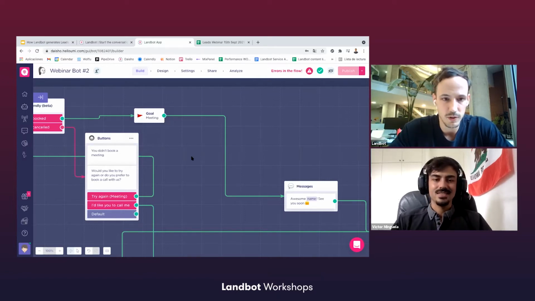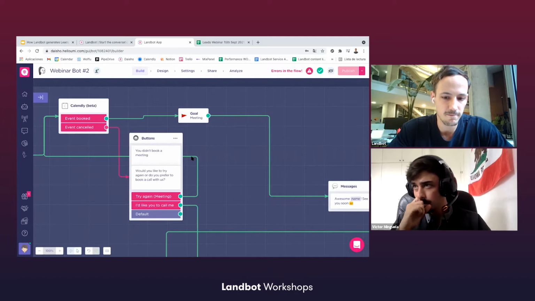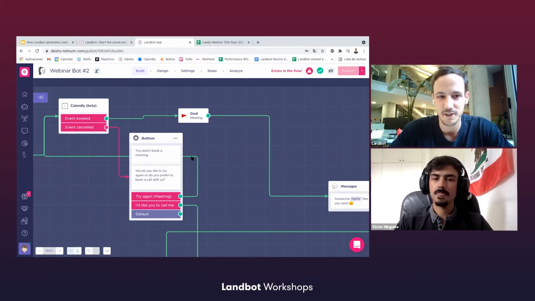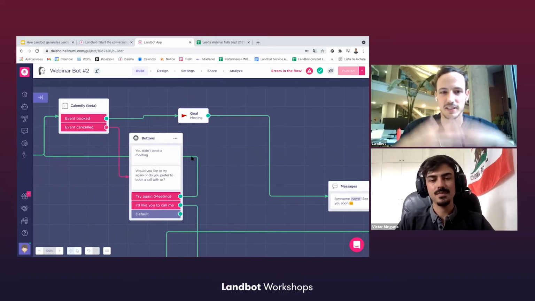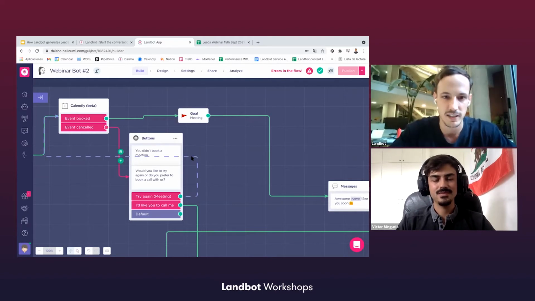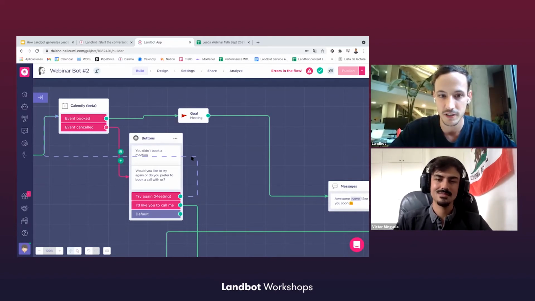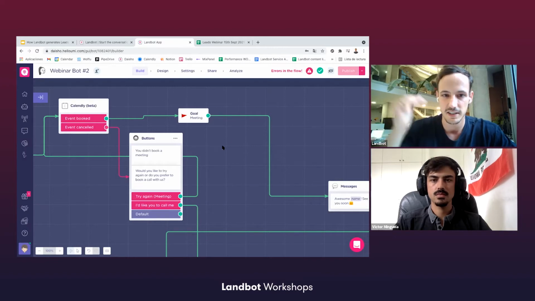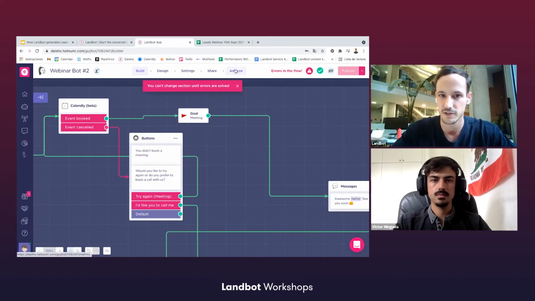Yeah, just one small point, and that is: set goals. Many times we create a chatbot just for the sake of conversationalizing some processes. But at the end of the day, it's all about conversion, whether you're generating leads or you're trying to get happy customers from providing support. So goals is the most straightforward way to see that. I'm pretty sure Victor will walk you through the analyze section where you can really visualize what goals are all about. So maybe we can give him a look at the analyze section to see how these goals display there and the conversion rates they generate.